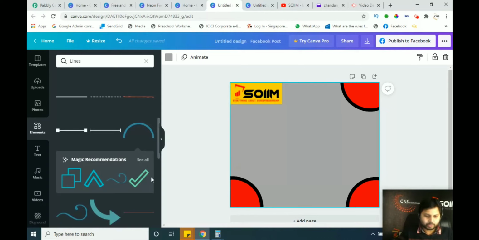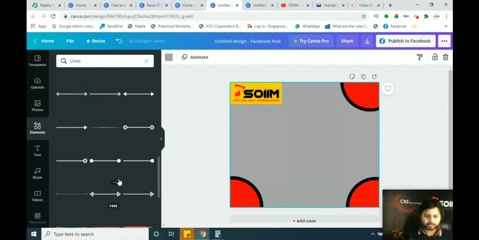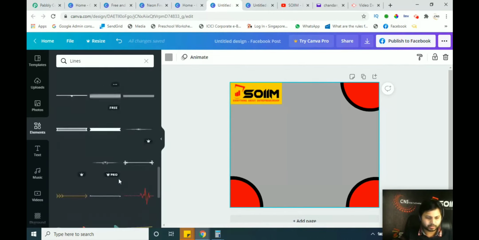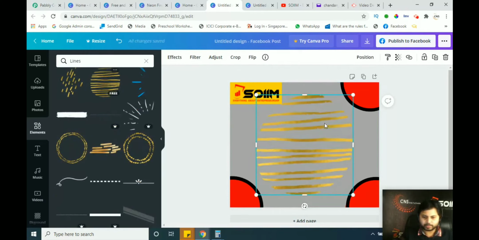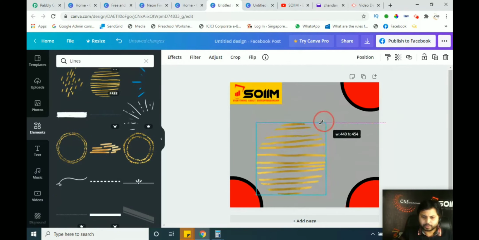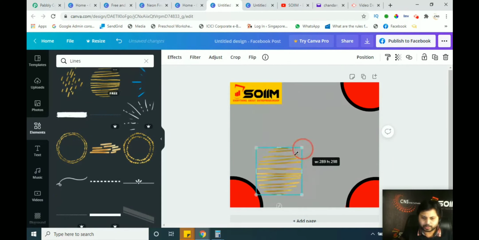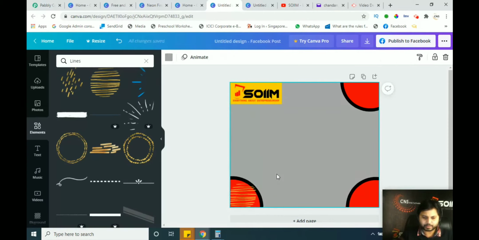So if you want to change something, if you want to insert anything else, you can just simply click on the post, and you can click on any element on the left side. If you want to design something like this, it's free, click here, it's coming here, free sections, in the golden part. If you want to make this smaller and put this section in this one, you can make it more here, so it will look very attractive. It is coming outside, so you can just simply click here and move it to this side, the right side.